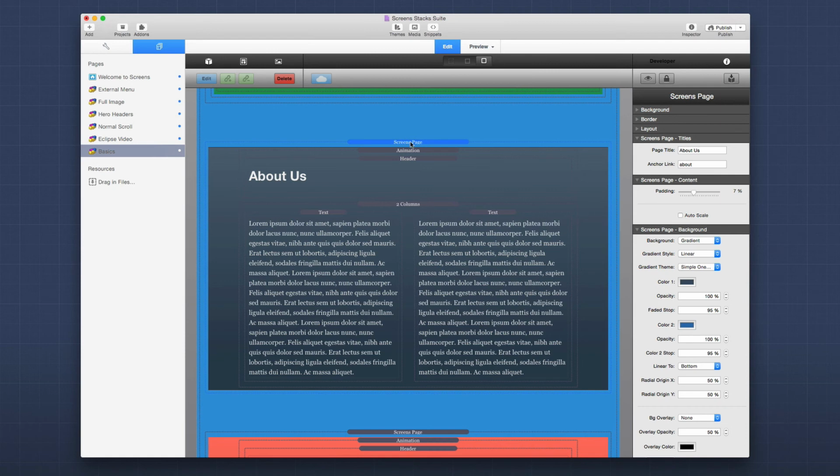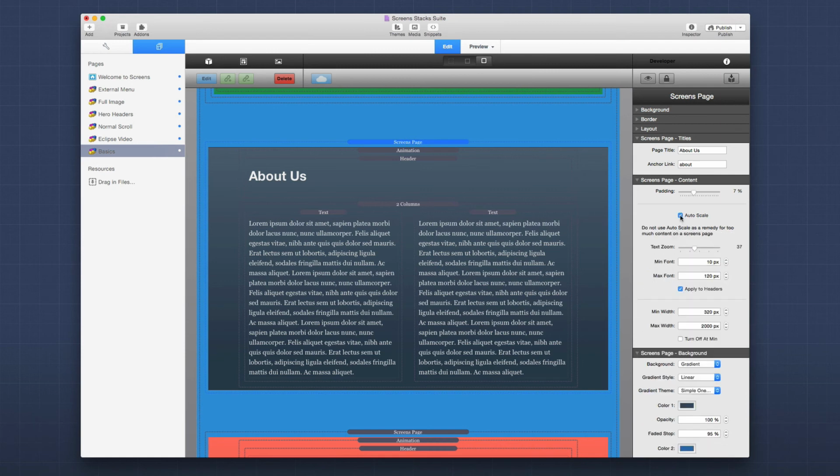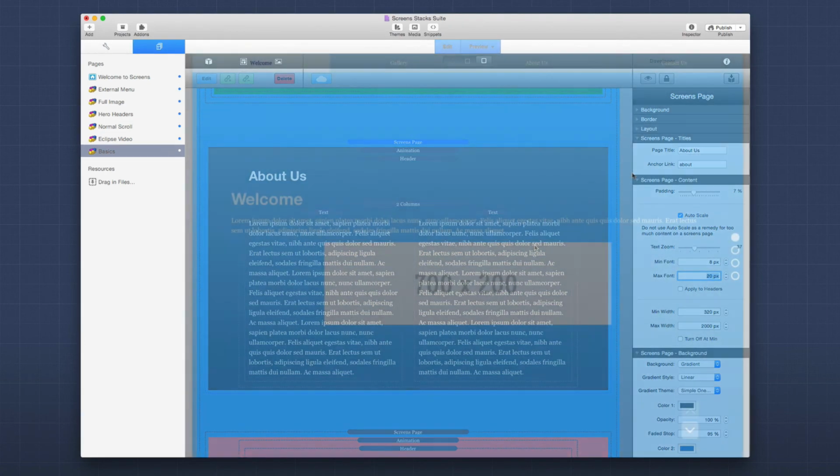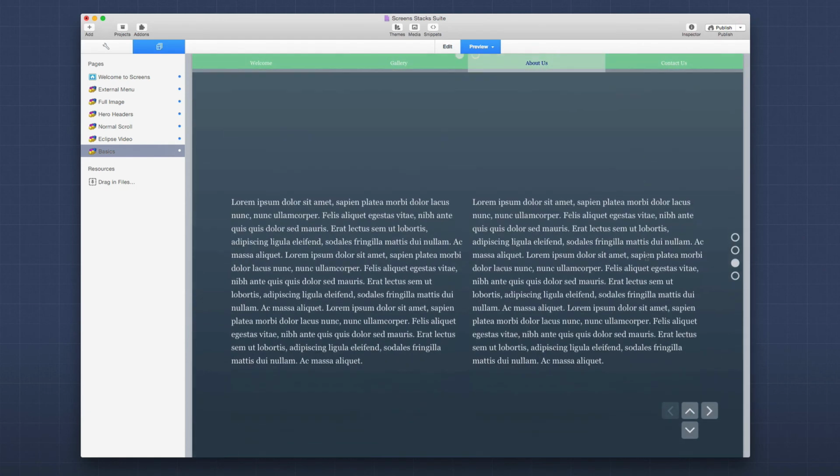So on this About Us page, let's turn on auto scale inside the Screens page. What this allows us to do is auto scale our content, and we can define a minimum and maximum font size for our text so that we can ensure it looks great across all devices. In this instance, I want to make sure our max font size doesn't grow above 16. Our header is pretty small, so I don't want to apply auto scaling to the header. I'm going to uncheck this. And for the minimum font, let's do 8, just so we can see the effect here. If we preview this and look at the About page,